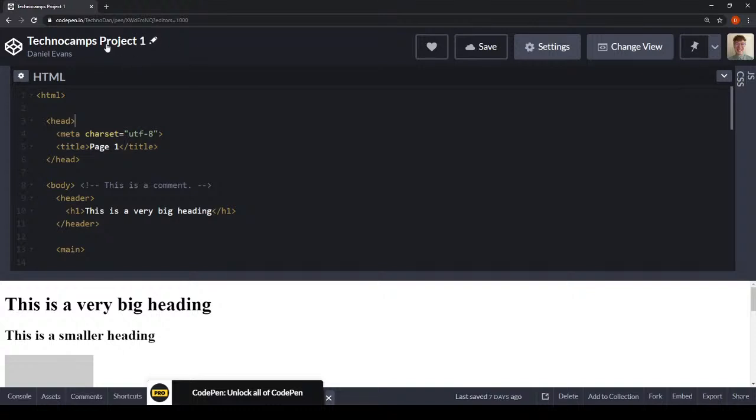I'm going to organize my pens so that they're called what I want each one of my web pages to be called. When you are designing a website, people will traditionally call the home page an index. Because this is eventually going to turn out to be my home page, I'm going to rename my TechnoCamp's project 1 section to